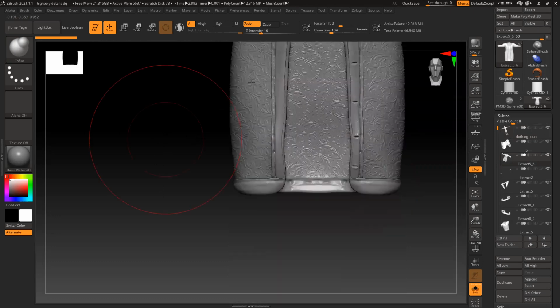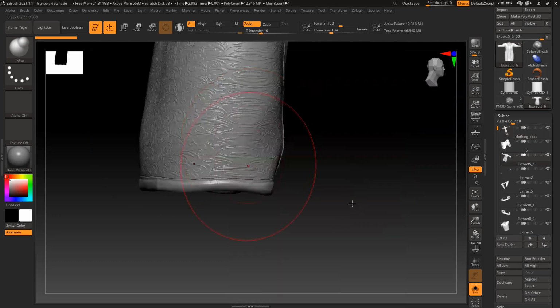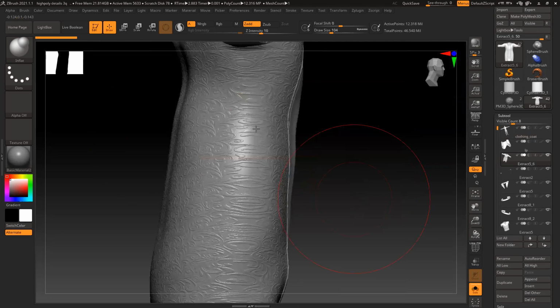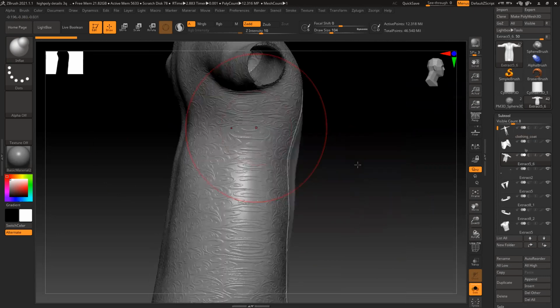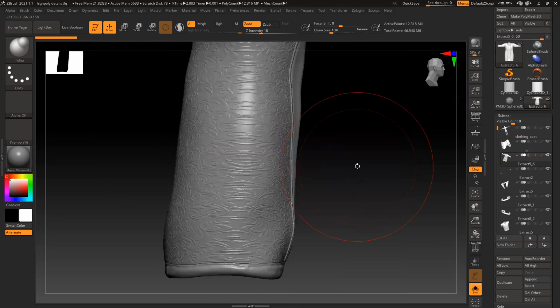Relax UV is not there, but we can fix it. Let's see. Yeah, okay, this area. Okay, this one, right? So you have used UVs or you have used surface, 3D surface.